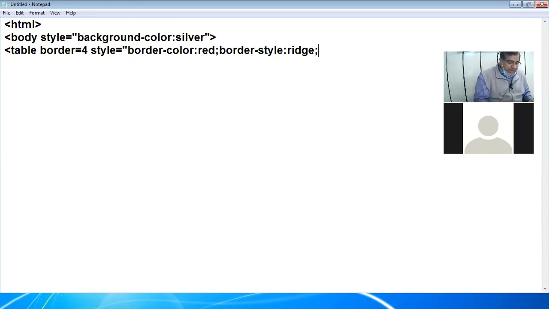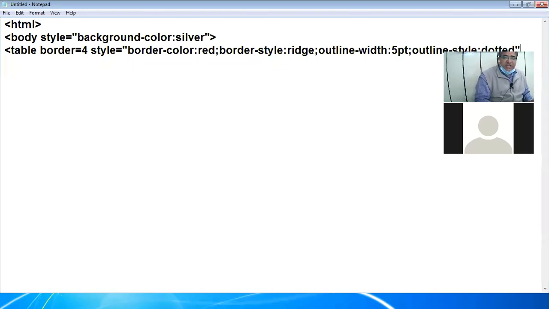How to set outline? Outline width. I am giving width here 5pt. pt means points. I am giving outline style dotted.